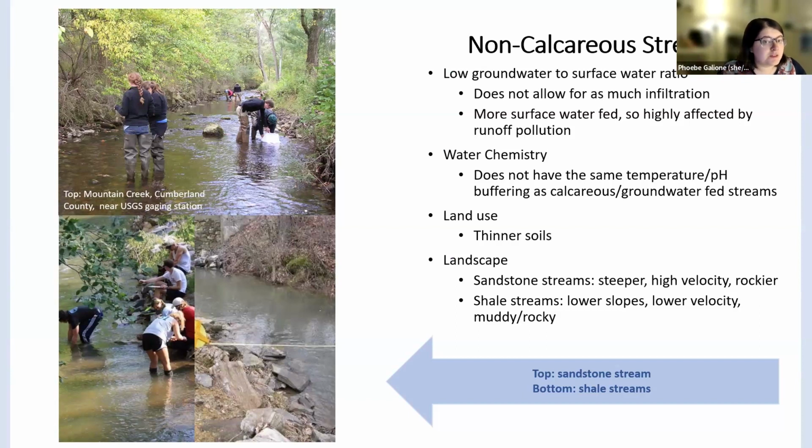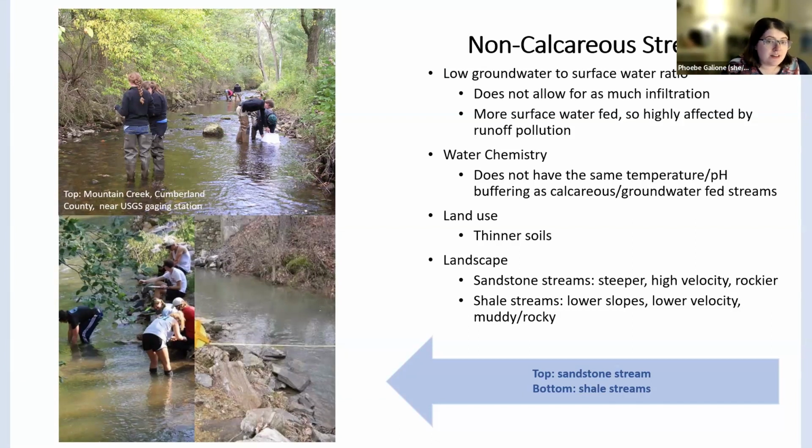So rather than being groundwater fed, a lot of our non-limestone streams are actually surface water fed. These will be things like our sandstones and our shales, especially shale. It's such a dense and non-porous rock that things really can't seep in through it at all, which is why you'll get a lot of surface fed water here. So think runoff, high water, flowing over the surface, going into the waterways, and that's the main source of that water. Because of that, it is highly affected by runoff pollution rather than groundwater pollution.